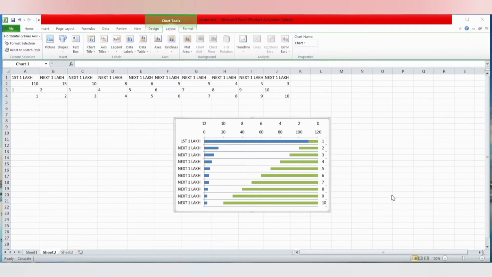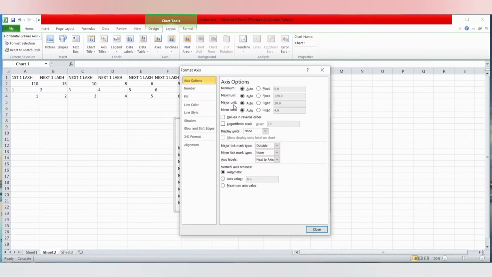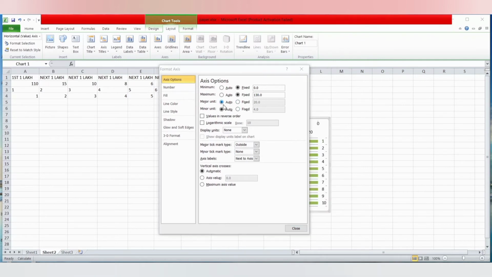Now we will format the axis. We'll first select the primary axis, Format Selection. First we'll keep the minimum the same, 0. Then we'll change the maximum. We'll give it 130. The major unit, we'll give this 10.